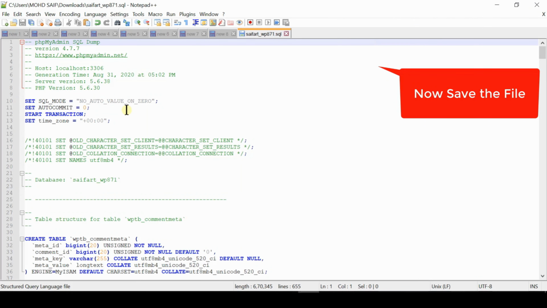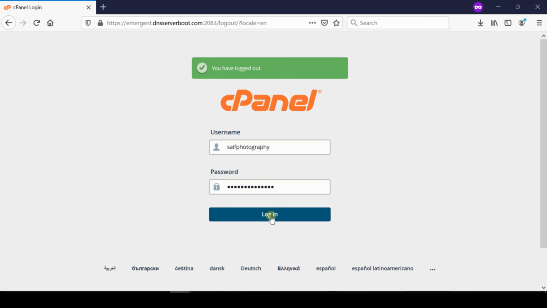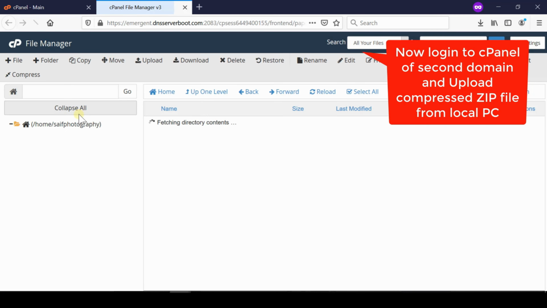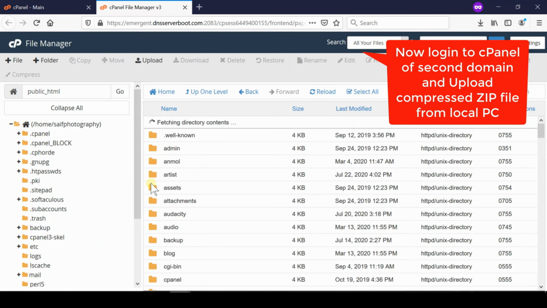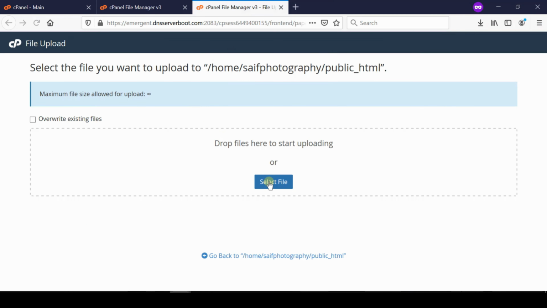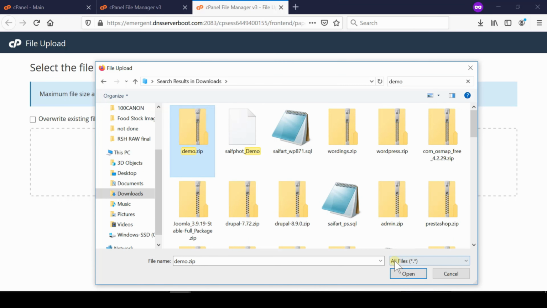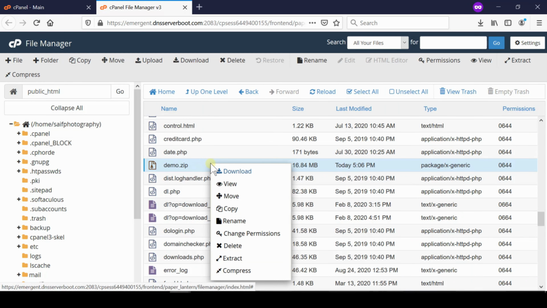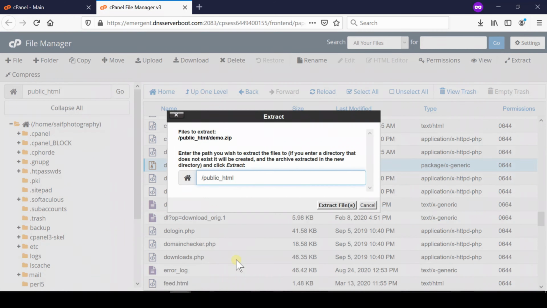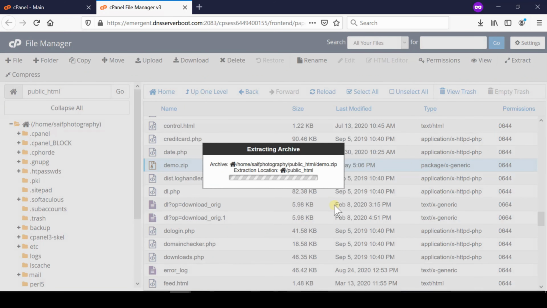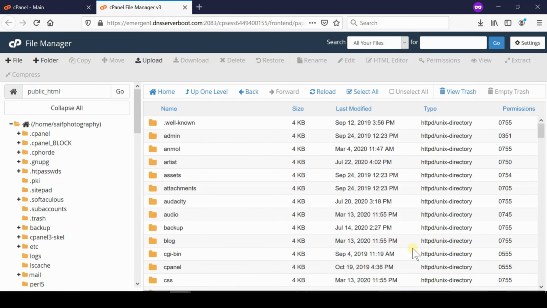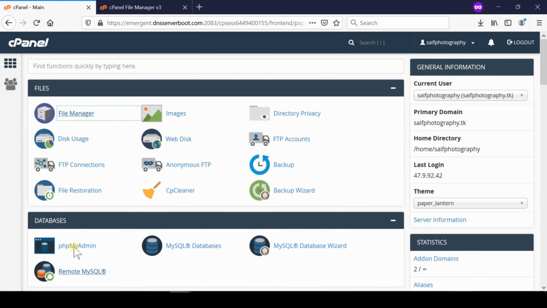Now open your destination cPanel where you want to migrate this data and then go to the File Manager section. Now from here, go inside public_HTML and then upload the zipped file which you downloaded from your old cPanel. Now after uploading this file, you can simply click Go Back. Now we need to extract this zip file which we uploaded recently. Once you have extracted the files, you need to place all the files into the correct location. Therefore, you can move all these files directly inside public_HTML.